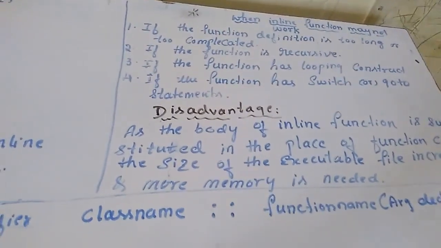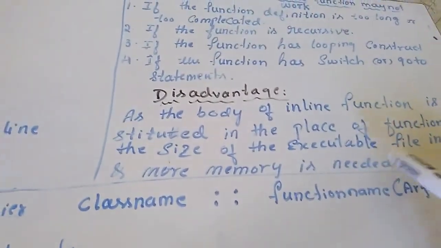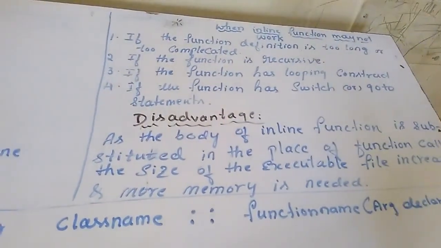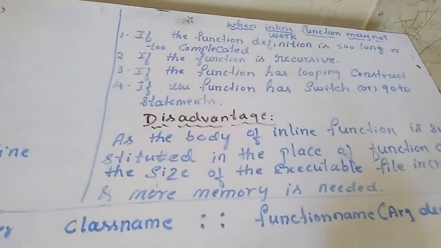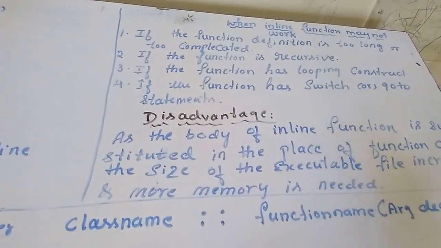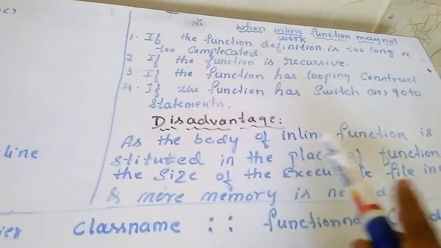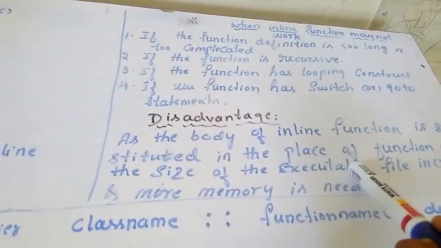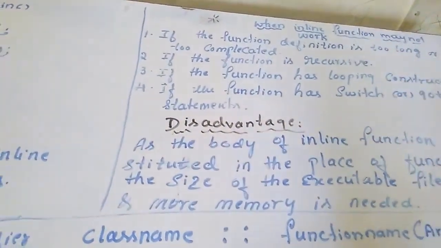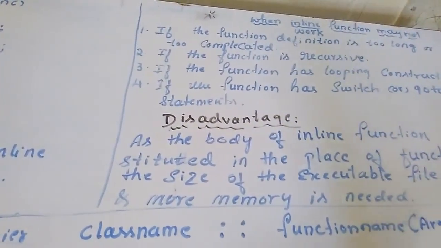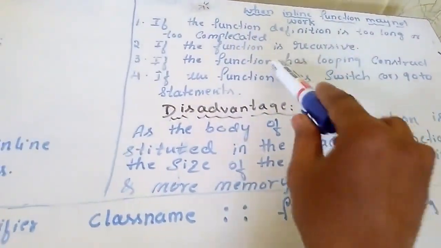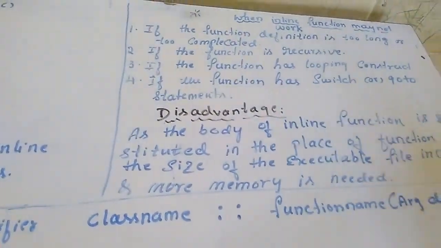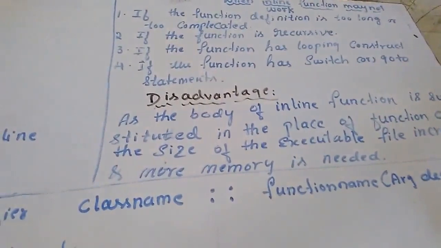Now the disadvantage. If they ask for disadvantages for 1 or 2 marks, actually the weightage of this chapter is 5 marks, only one 5 mark question. If you have sub-questions like 1, 2, or 1 plus 2 plus 2, sometimes they may ask the disadvantage of inline function. For 1 mark or 2 marks, you must write this. Or if they ask disadvantages of inline function for 5 marks, you have to combine these 2 answers. Understood? So what is the major disadvantage of inline function?